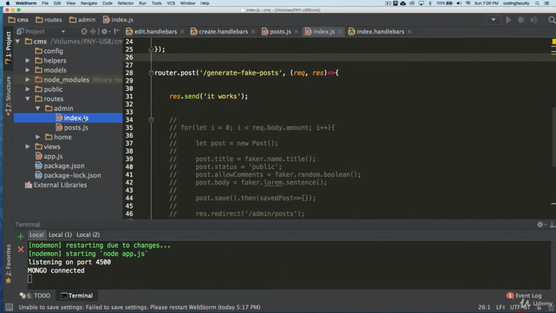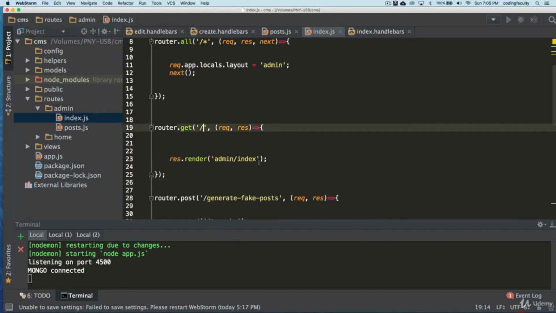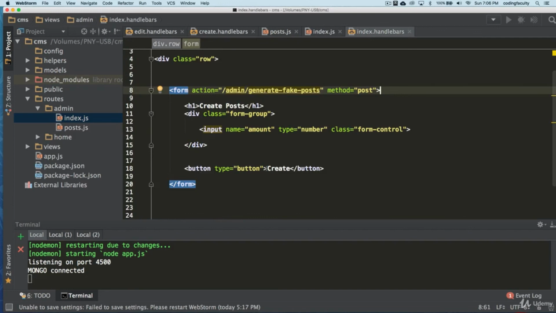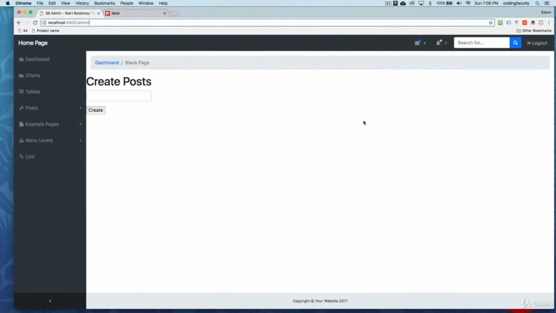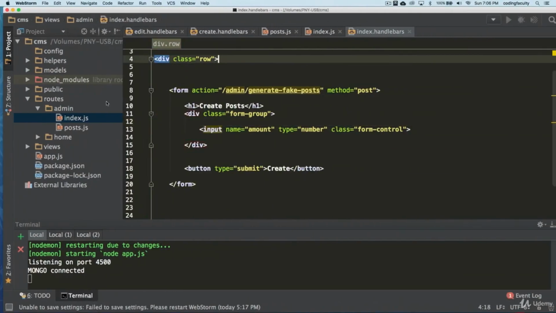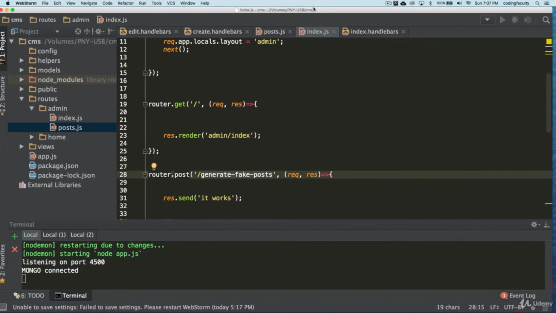Let's go back to the form. It's not submitting to where it's supposed to be. Of course. Sorry about that, guys. It's called submit, not button. All right. There we go. That's what happens when you code a lot. And I'm not editing this video, so for those of you that are picky, chill out.